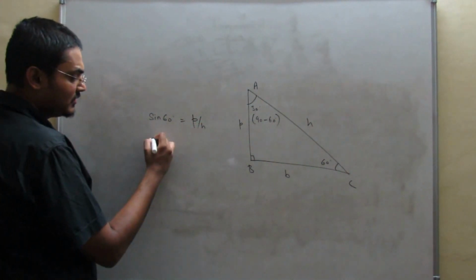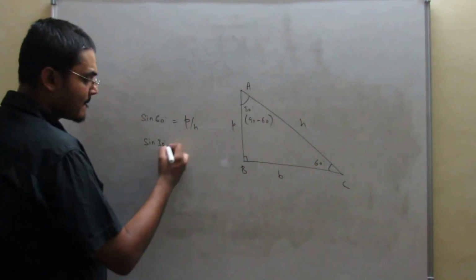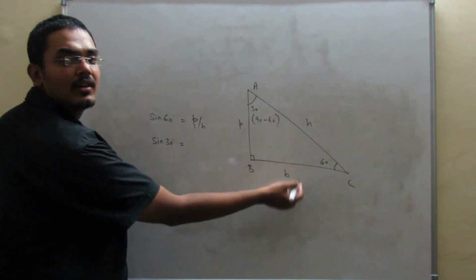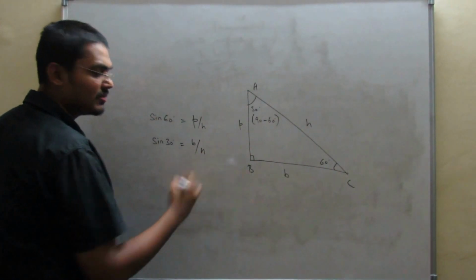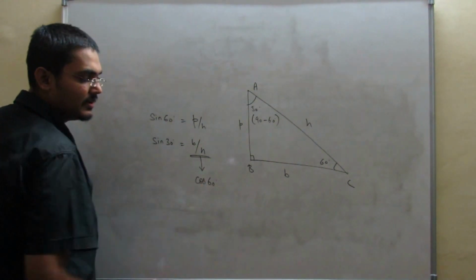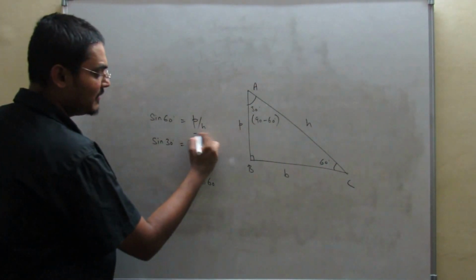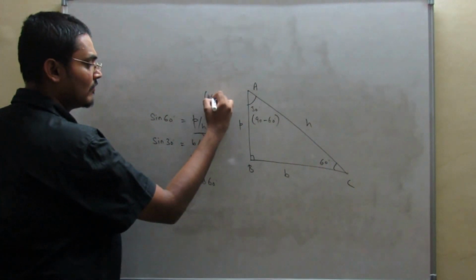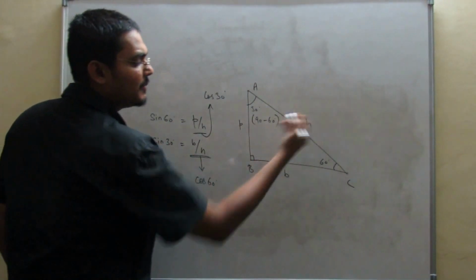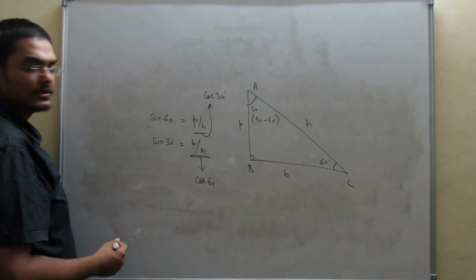While if I talk about sine 30, sine 30 means this one, so its perpendicular would be this one, B. So that would be B by H. And what is in actual B by H? That is cos 60 degrees. If I take this 60, cos 60 would be B by H. And this B by H would mean basically cos 30. Because if I take this cos, this is the base and upon hypotenuse. So this would be cos 30. Right.